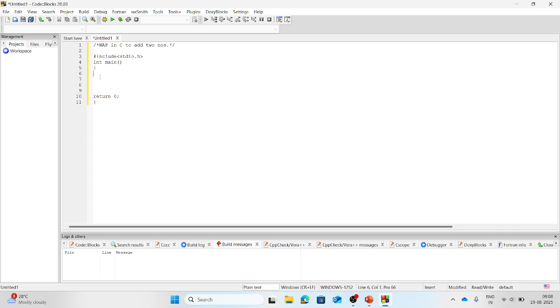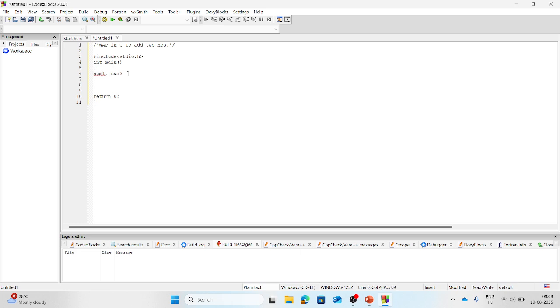Now the main logic, to add two numbers. To add two numbers we need num1, num2, but you need to instruct your computer what type these two numbers are. Either they are of type int, float, double, or char; which data type they would have.